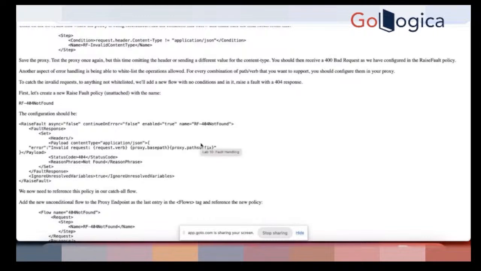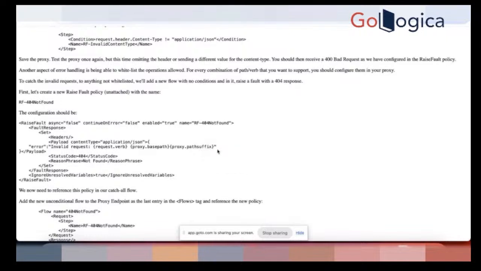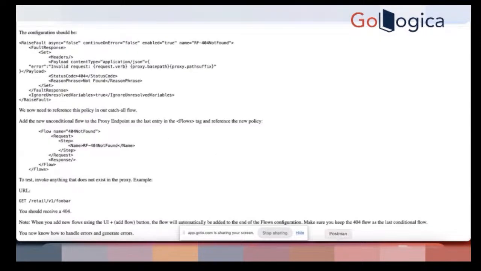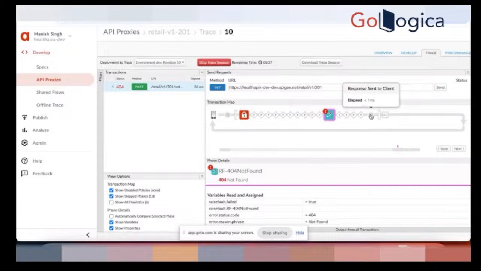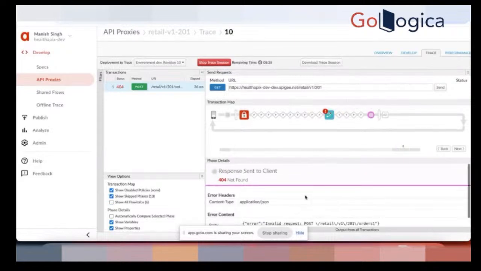So here you will see this error. This is the message that will be sent. You can see in the trace, this policy RF404 not found failed, and then this is the error that was sent to the client. The same error was sent to the client. So that completes our error handling lab also. We have seen all kinds of error handling scenarios. So tomorrow I might not